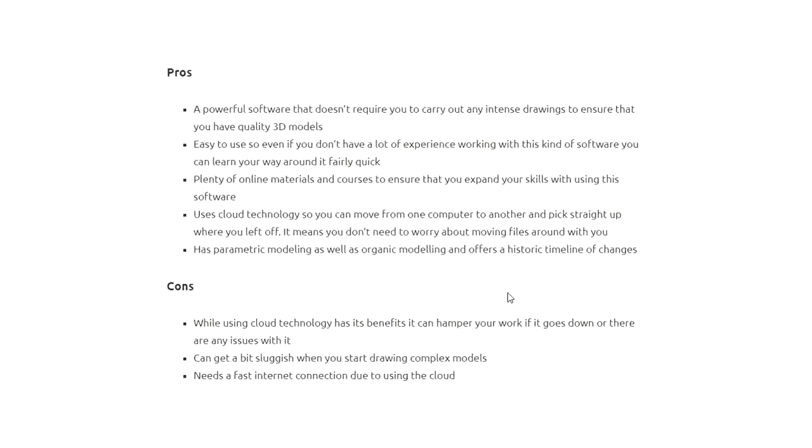Some educational institutes use Fusion 360, or some users use it for creating or developing 3D printing components. But in my view, it is not necessary to learn.